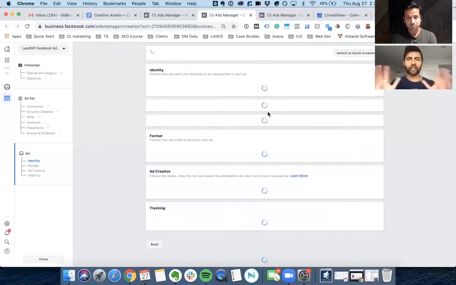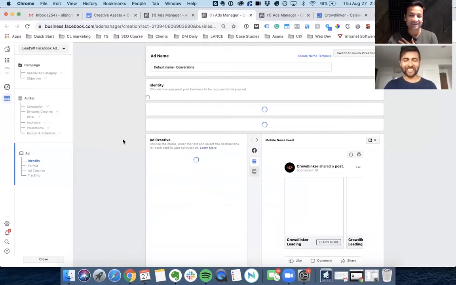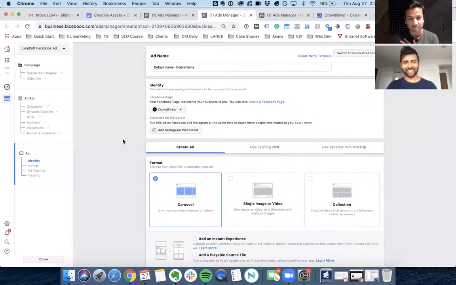I hope this is valuable so far. I hope no one's sitting there thinking, oh my God, I already know all this. That's my worst fear. To be honest, a lot of those people that had joined are still here, so that's a good sign. For some of them, some of this might be information they knew, but for a lot of them, this is new. I didn't know that this is how it works. Our marketing person does it. I just know the custom audiences work. So this is new for me.